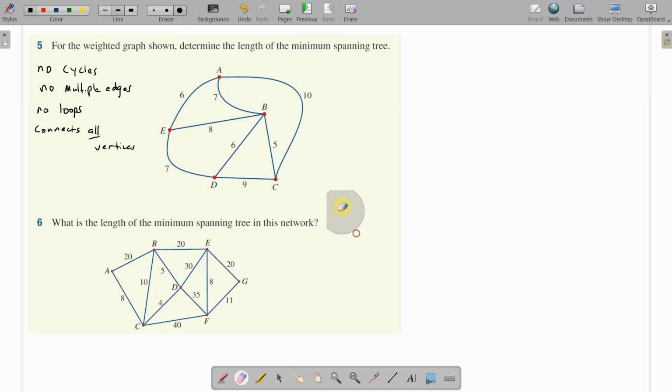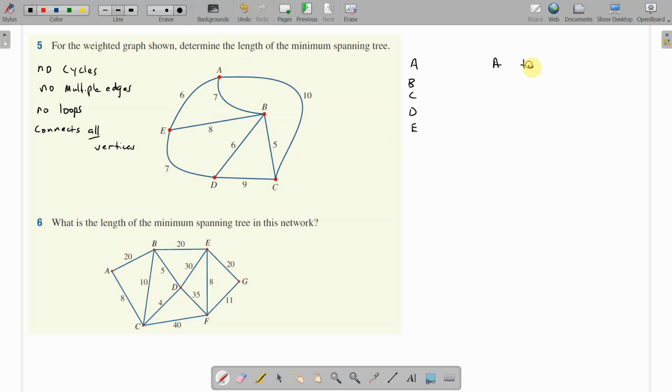Now with a minimum spanning tree, it doesn't matter where you start, but what I do is I put all the vertices. It's not so bad when you've only got a few. When you've got a few more, it's a bit more crucial, but I list all the vertices so I know we've covered them all. So with Prim's, in fact I like to start alphabetically, but it doesn't matter. But I'm going to start at